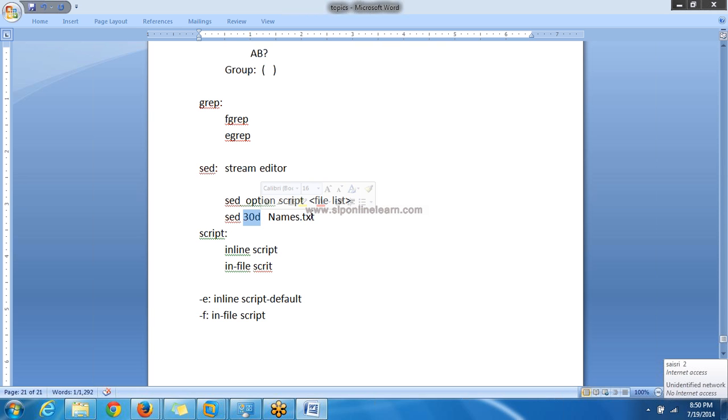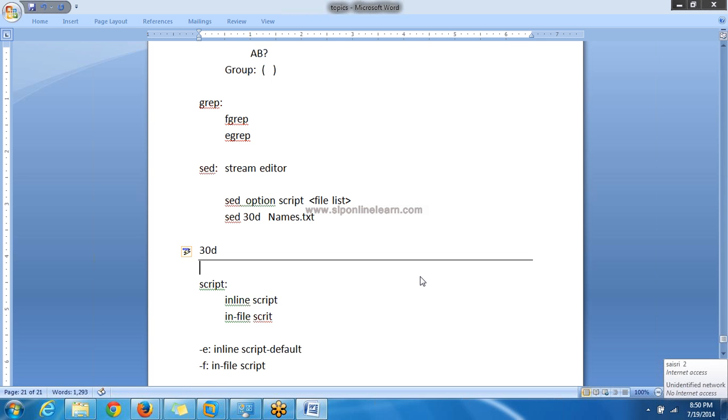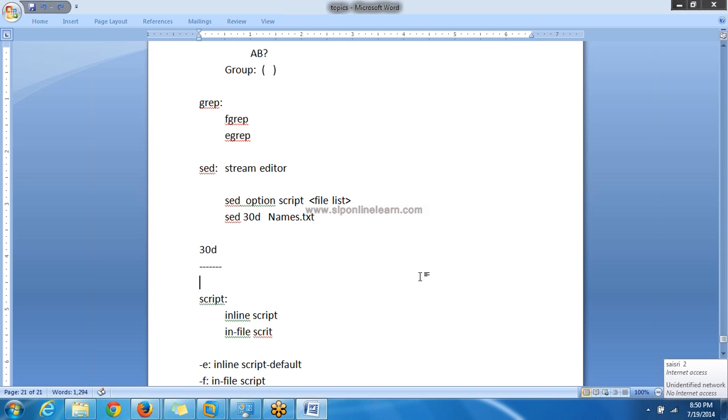Suppose my script contains more than one line. Suppose I want to delete the 30th line, or I want to edit some particular column. So I'm writing another script, and it contains some 2-3 lines of code, 2-3 lines of a small program. In that case, suppose I say 1,4, I might delete some or substitute some text, capital A with B.